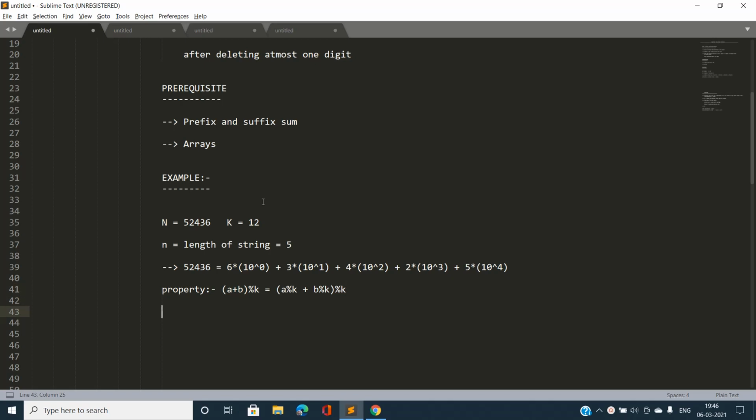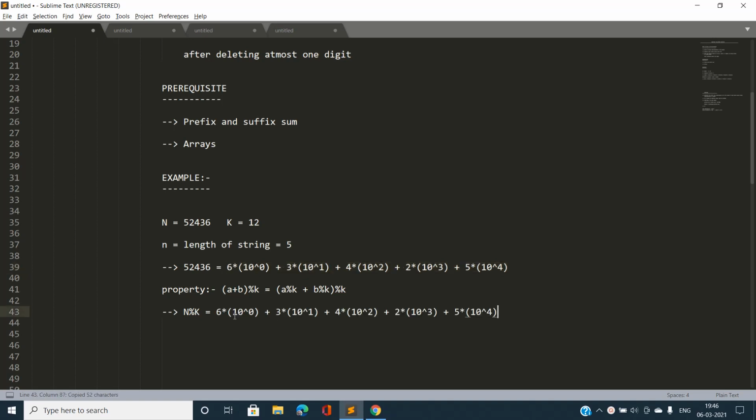So if I'm not going to delete any of the digits, what will be the answer? That is, n mod k will be what? So let me copy this directly and paste it here.